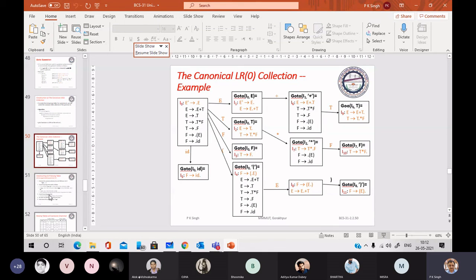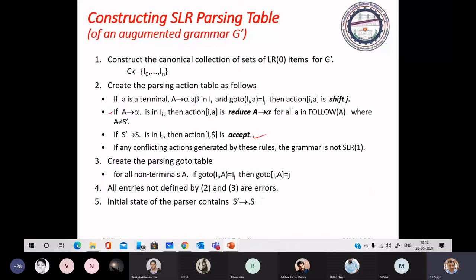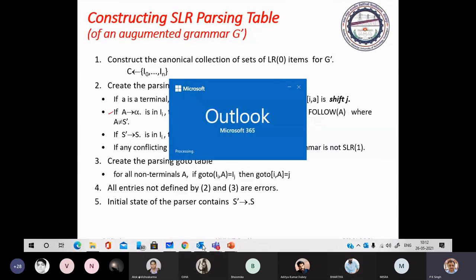If we have A to alpha dot, then the action is reduce, for follow of A. So we have to find the follow of E. Follow of E is plus, closing bracket and dollar, which you have already computed.